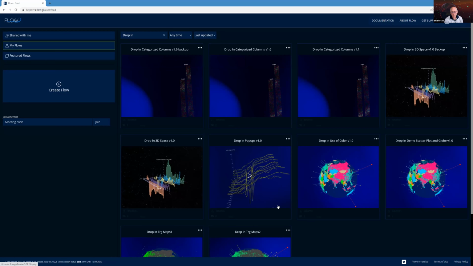So we've been doing these drop-in sessions, and this is about the 8th or 9th one that we've done, and I've been preparing some tutorials for these sessions. What I'm going to do today is provide you some instructions for the drop-in sessions for categorized columns. So categorized columns are a way of displaying information, and they kind of look like